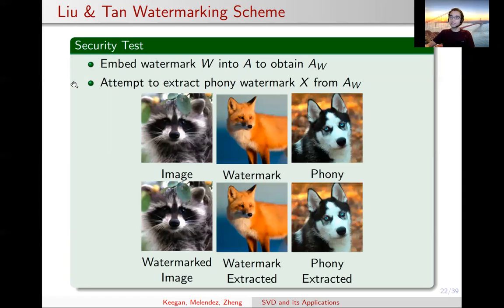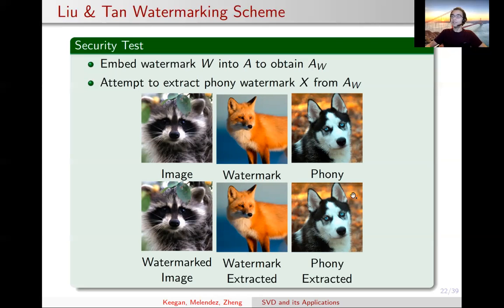What we want to see is that when we extract the phony watermark, the image that is extracted is not recognizable as being the phony watermark. So first, we embed this fox watermark into this raccoon image to obtain the watermarked image down here. If we extract the fox watermark from this image, then as expected, we get the fox watermark back, and that's the desired outcome. However, when we try to extract the phony watermark from this watermarked image, we get the phony